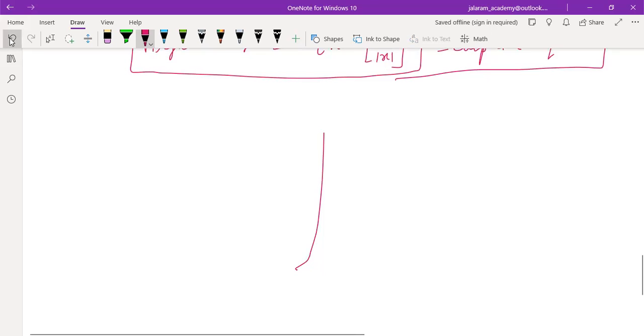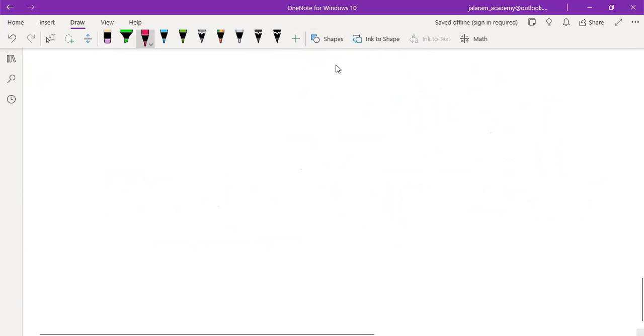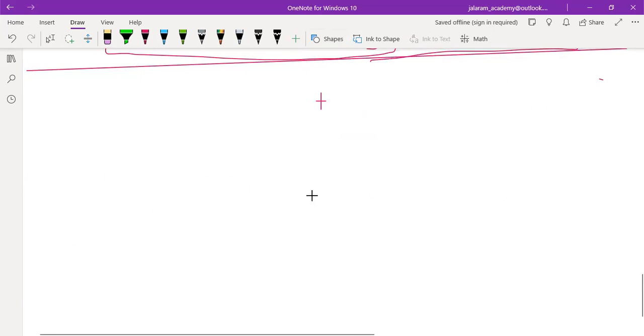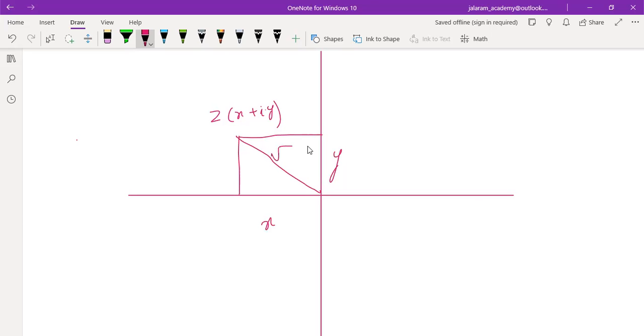Now, if the complex number lies in the second quadrant, we know that in z equals x plus iy, x will be negative and y will be positive. There will be no change in the value of modulus z in that case also. As this is y and this is x, it will be under root of x square plus y square only. But this theta as argument is always calculated from the positive direction of the x-axis. So it will be pi minus theta. Is that clear to you?